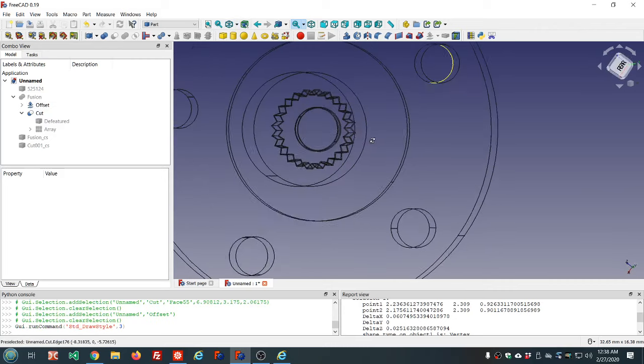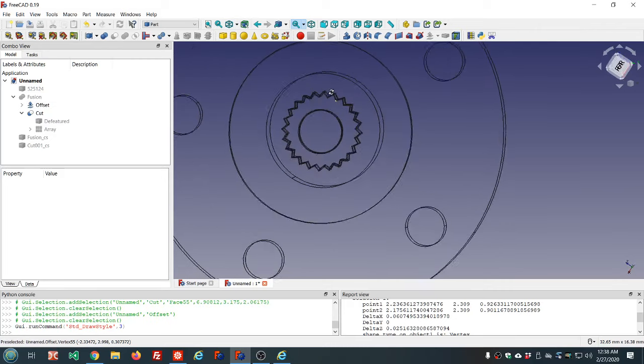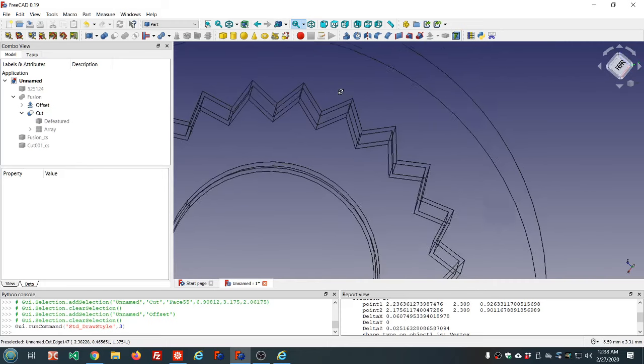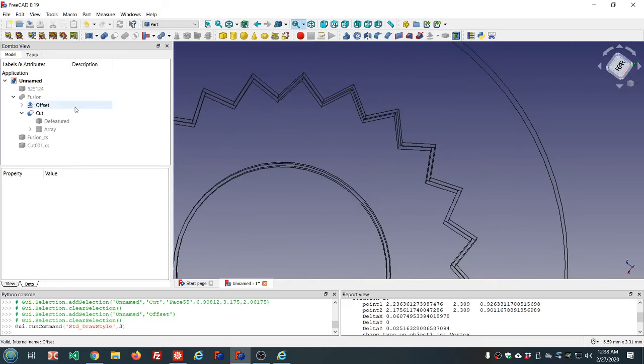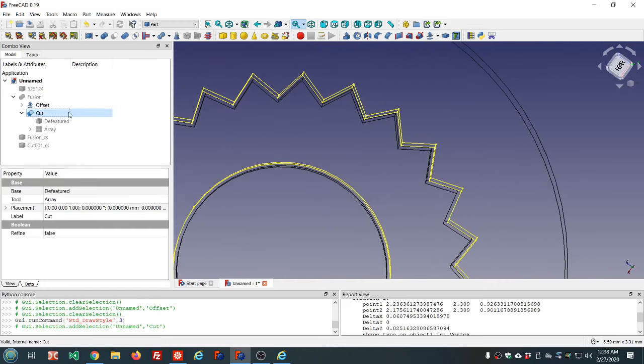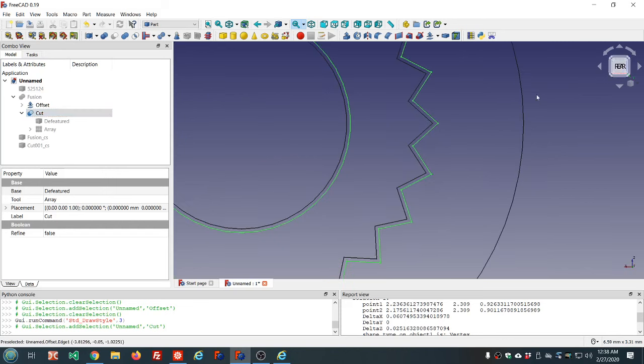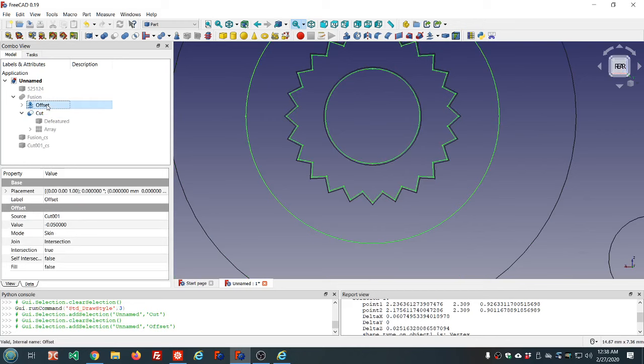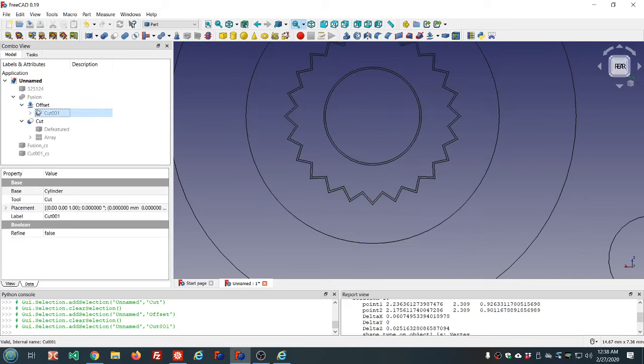It's another way to get a kind of a view inside. Yeah, that works even better than the Crosscut. So we see our cut object, and over here we click the offset. And if you want to compare it to the original,